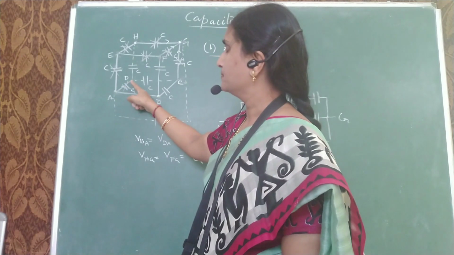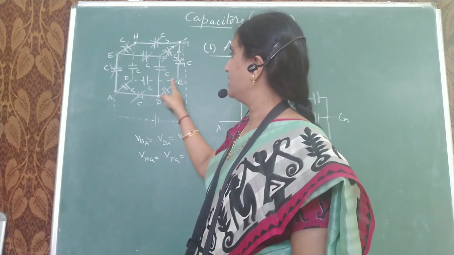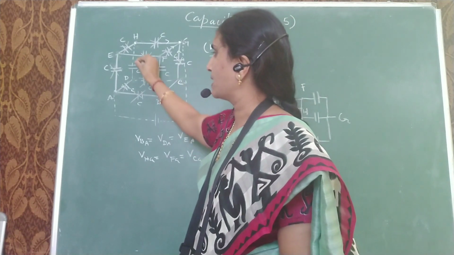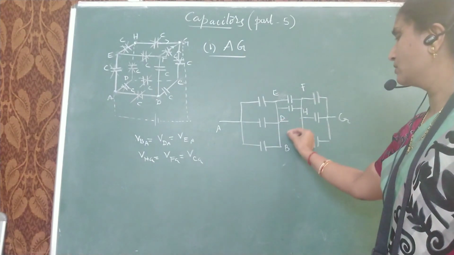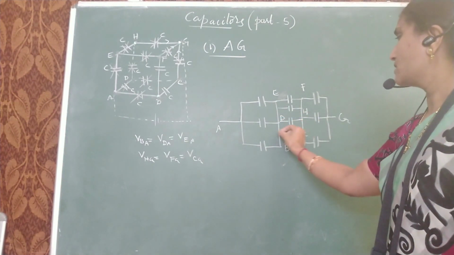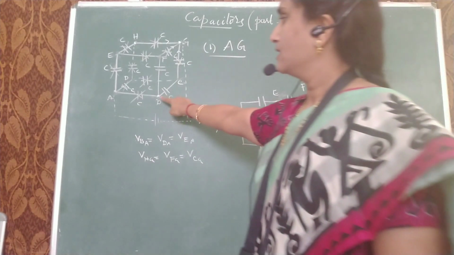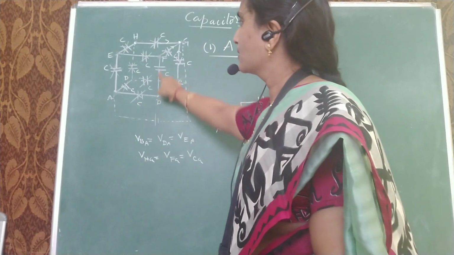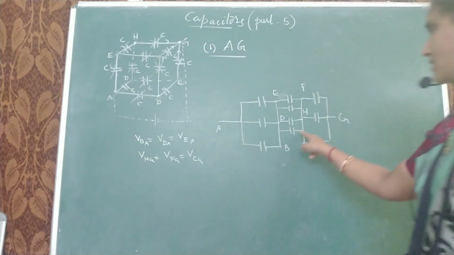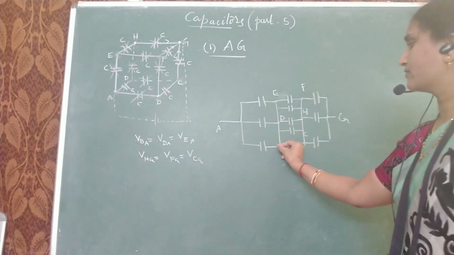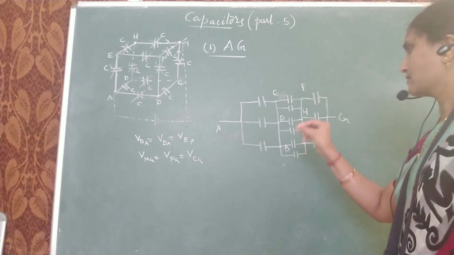Now come to the terminal D. D is connected to H, D is also connected to C by means of two capacitors. So I will connect them. D is connected to H as well as C by means of two capacitors. At last, B is connected to C, B is connected to F. B is connected to C, B is also connected to F. Anyway, all of them are at same potential. I can make the circuit like this.